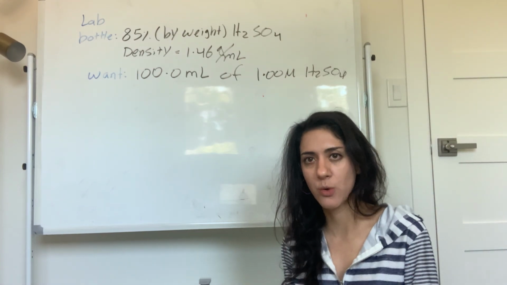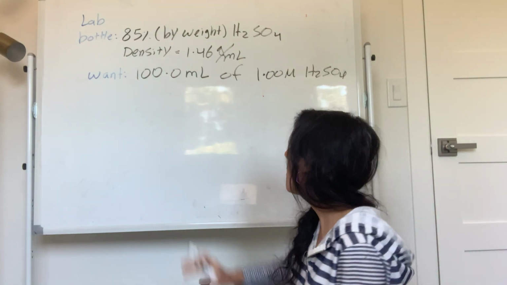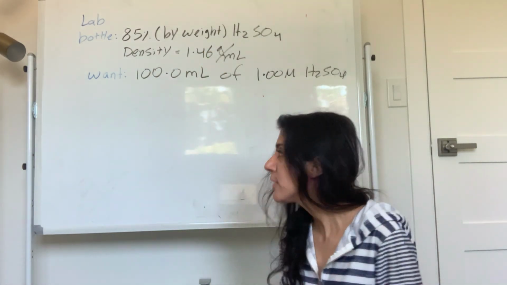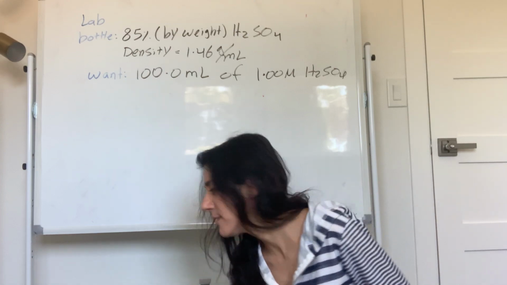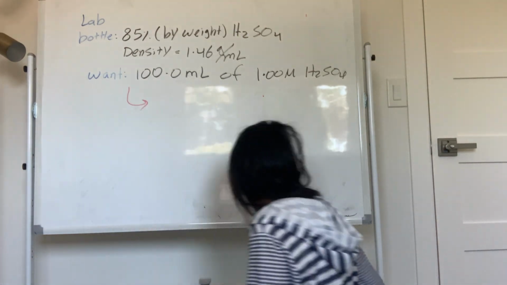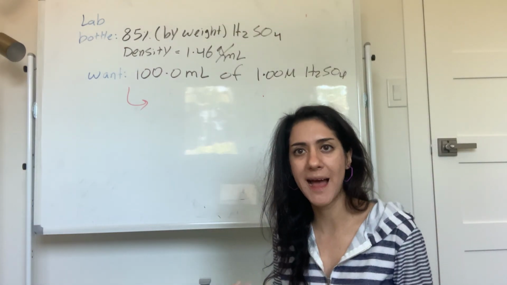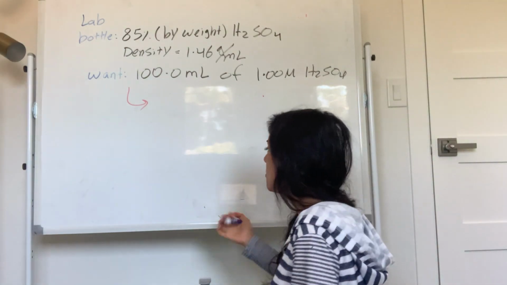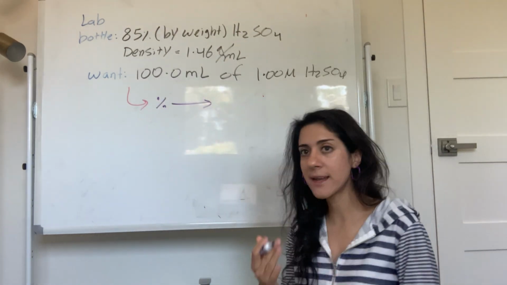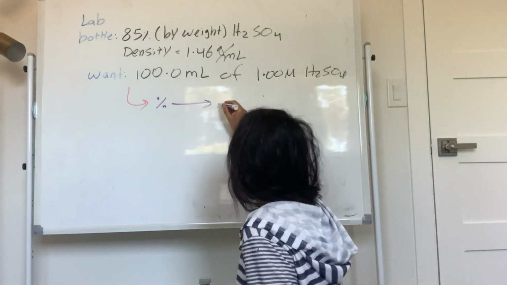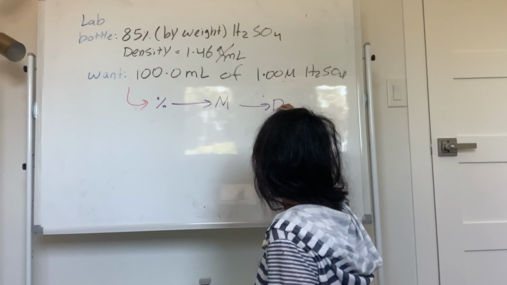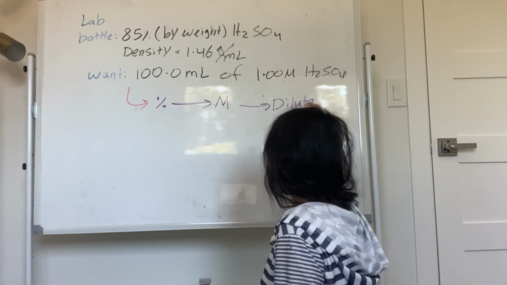Hopefully you're clear about the question. Now what I'm going to do, how am I going to make this solution based on what's given to me? So what do I have to do? When you read this question, the unit that is given to you is mass percent, right? So I have to convert that unit to molarity, because I care about molarity, and then I probably have to dilute it to get to the molarity